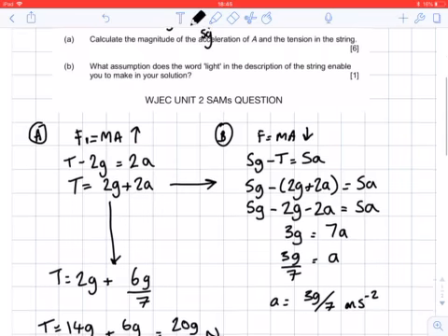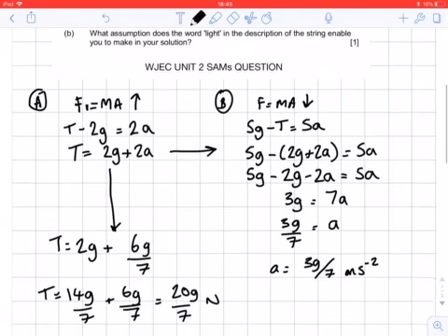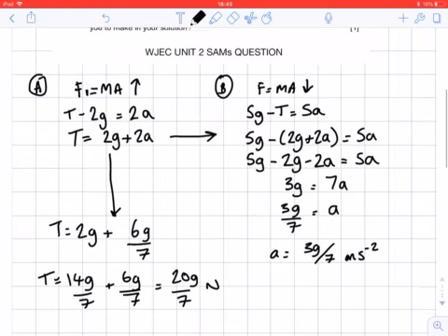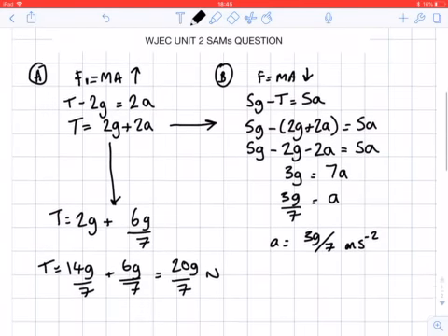The part B question then says, what assumption does the word light in the description of the string enable you to make to your solution? Well, as you remember from my first video, light means tension would be the same throughout the string on